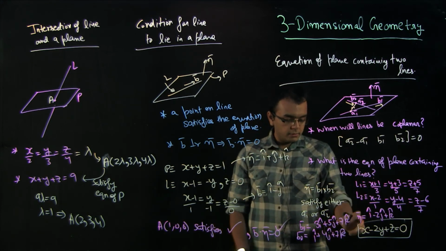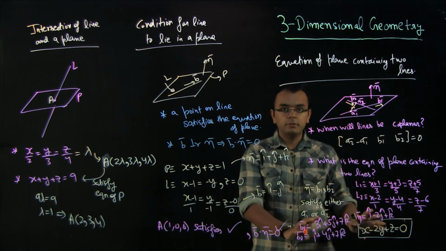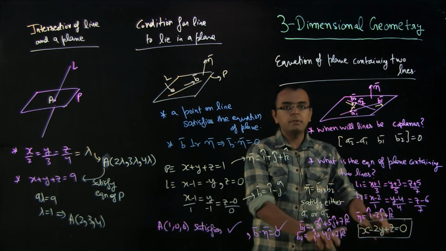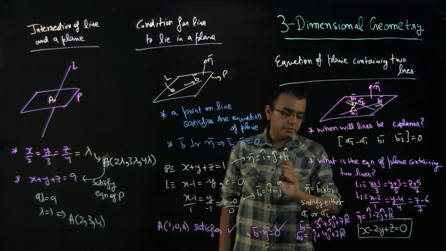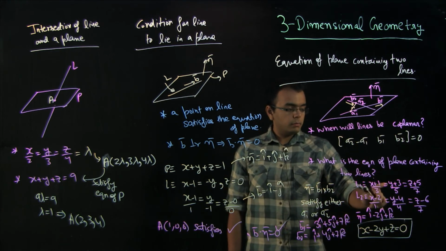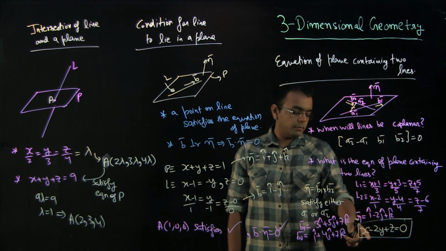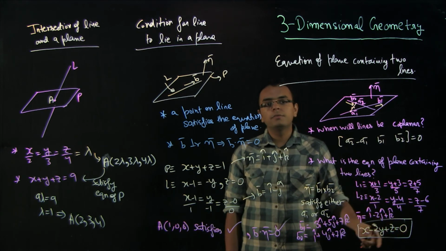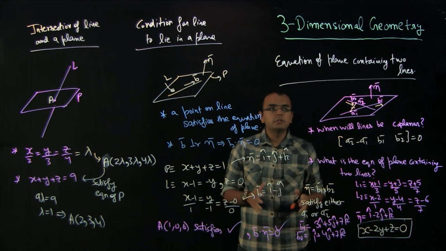I have not written the details here. Take B1, B2, take the cross product. If you actually check the cross product, take the dot product of these two, it will be 3 minus 10 plus 7, so 0, and 1 minus 8 plus 7 equal to 0. So this is perpendicular to both B1 and B2. That's why we took a cross product. Then we made sure that the points satisfy the plane. You can take any of the points and find the value of the constant, which is 0 in this case. Okay. So this is how we found the equation of the plane containing two lines.